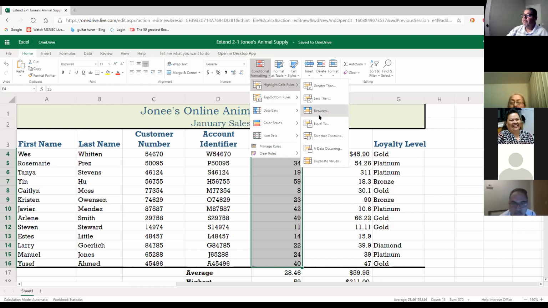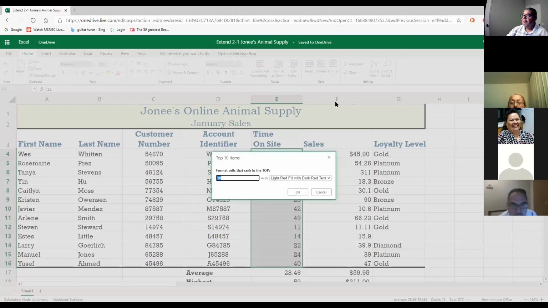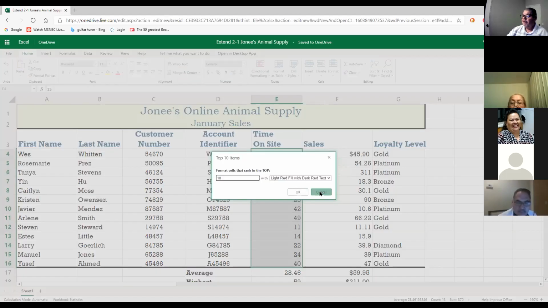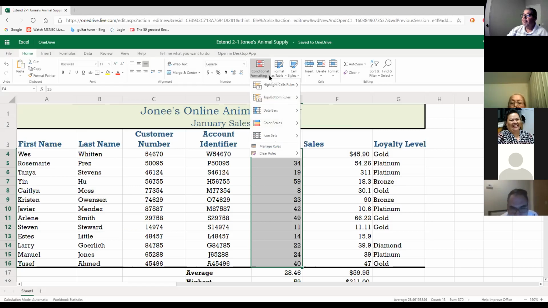Is that one? No, let me see which one is the one we can use. Bottom, this is bottom 10 and top 10. Let me see if we can, no, this one only does the bottom 10. And this other one does only the top 10. It doesn't have any other options, so we'll have to do maybe the,